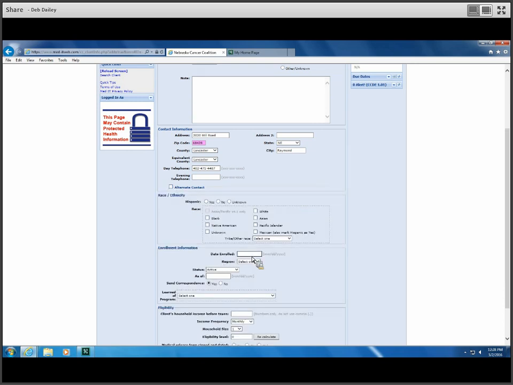The date the client is enrolled is the date that they signed the application. So we're going to put in today's date, and your region will come up. I'm going to put LAN because that's the region I'm in. They're always active unless you know something different about them. If they're deceased, you will see there's a drop-down table. And as of today's